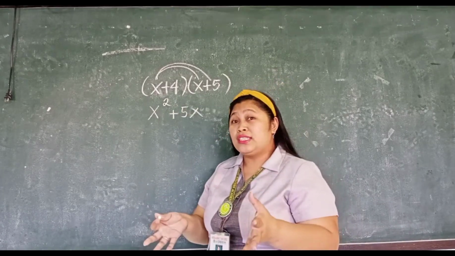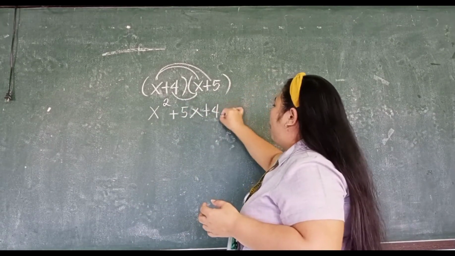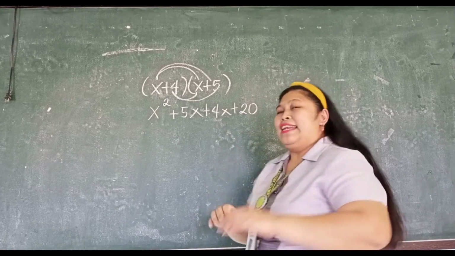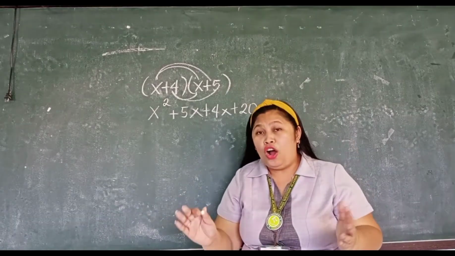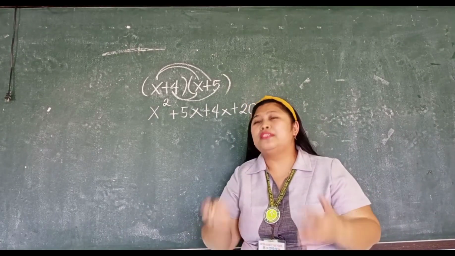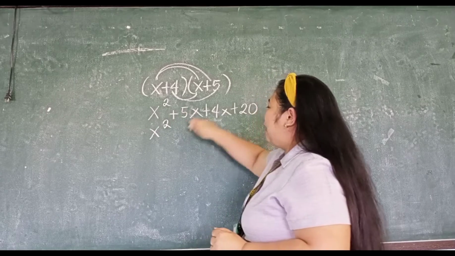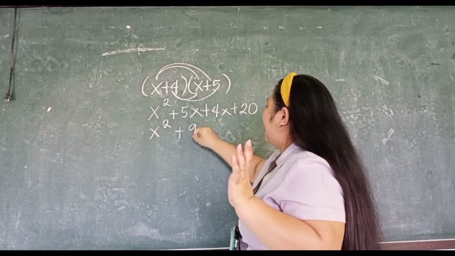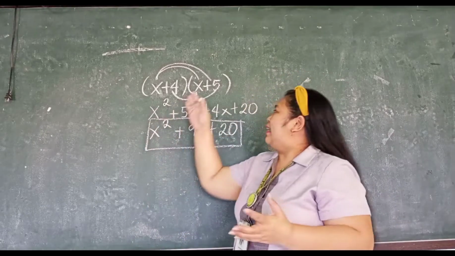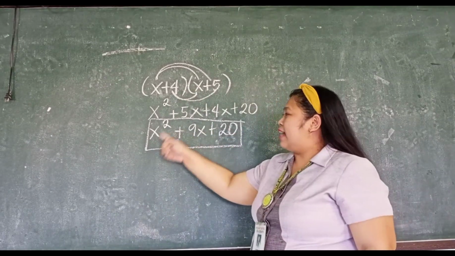And then we need to distribute 4 into x. So you have 4 times x, and that is positive 4x. Then distribute 4 into 5, and that is positive 20. After that, we're going to combine all the similar terms. Remember that similar terms are the terms having the same variable and same exponent. So we have x squared, 5x plus 4x, so we have positive 9x plus 20. So if we multiply these two binomials using the distributive property, our answer is x squared plus